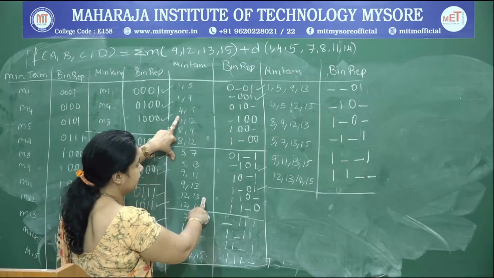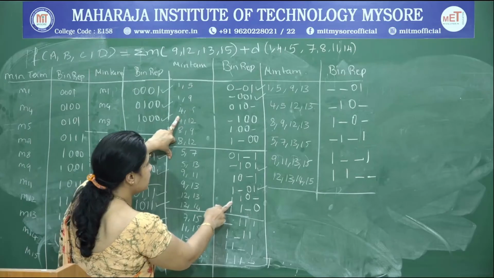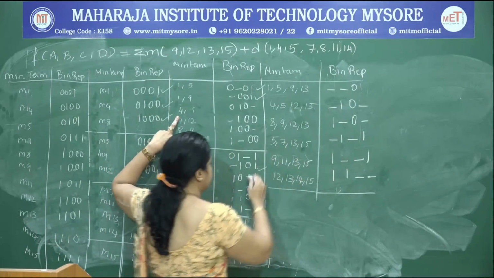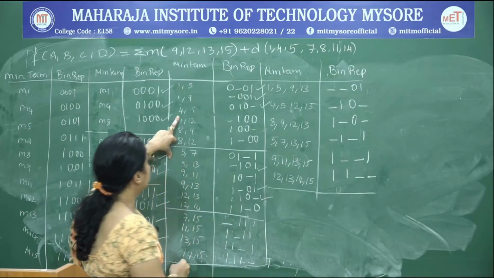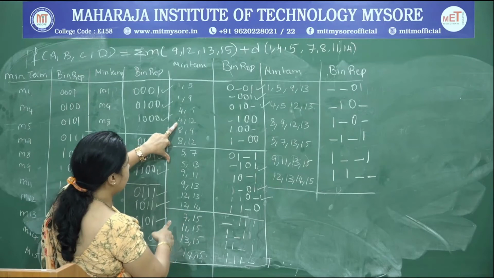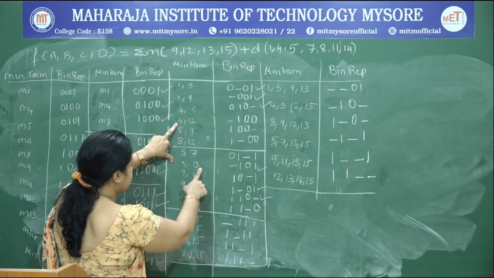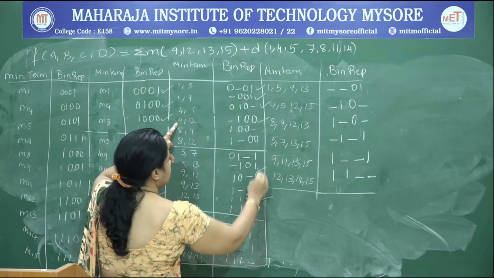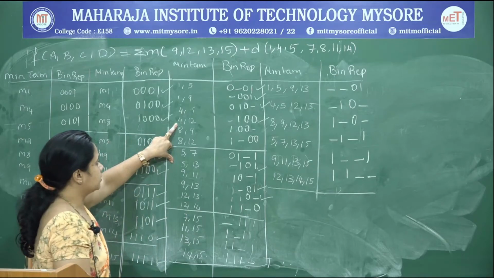4 5 and 12 13, yes, it varies by 1 bit position, that is this bit position, replace it with a dash and carry it to the next column. So while carrying, you just put a check mark. Next we have 4 5 with 12 14, no. Next compare 4 12 with 5 7, no. 4 12 with 5 13, yes, it varies. It has already been accounted for, you just put a check mark and move on to the next column.